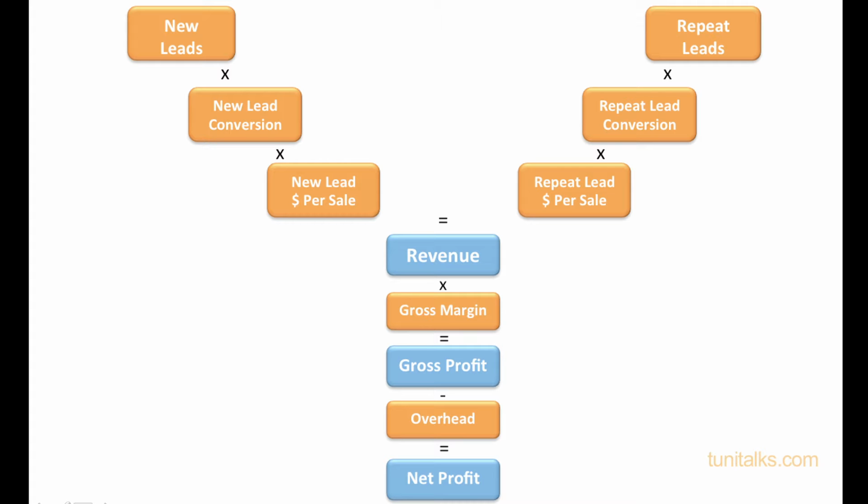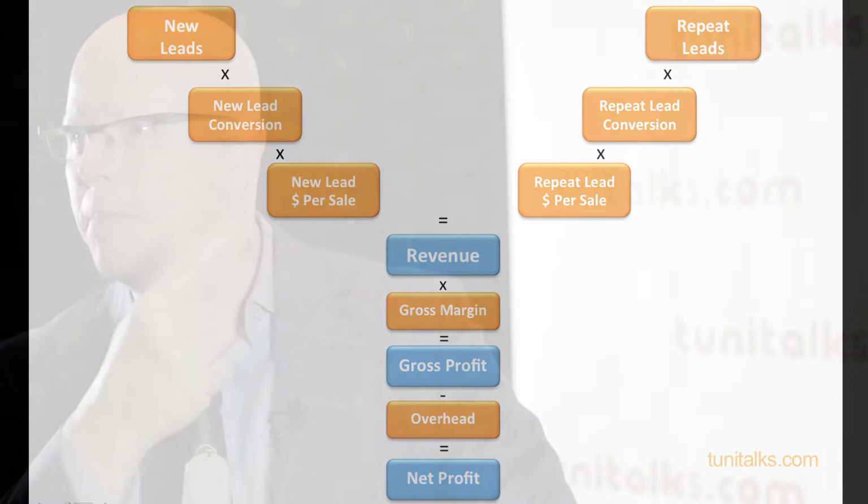There is nothing that drives profit that cannot be influenced outside those 8 numbers. That's it. So if you want to grow your business, you have to know how you're doing on those 8 numbers. If you don't, anything you do, if it doesn't influence one of those 8 numbers, will not improve your profit. So you need to measure those numbers to see how you're doing.